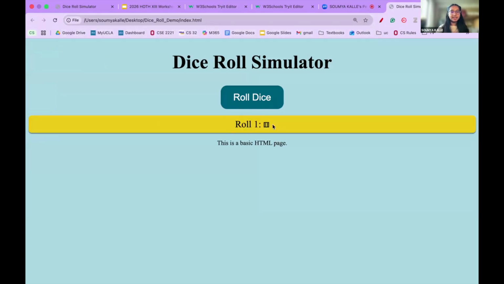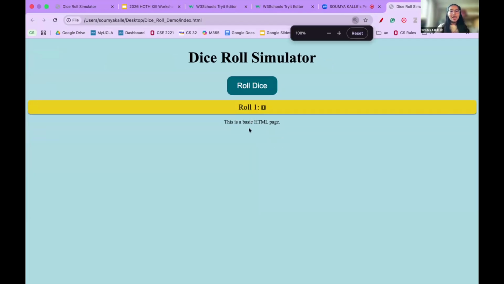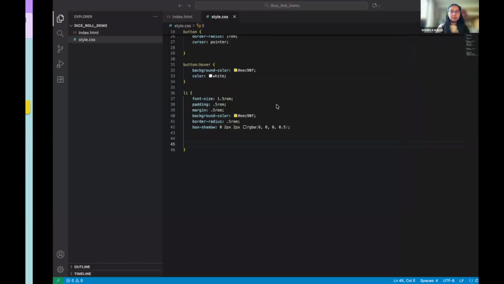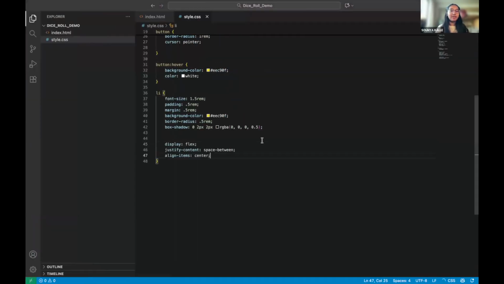And boom. See, it's quite large, the history. Let's go to, okay, yeah, there you go. It's just very close. We want it on the side here, so we're going to fix that by saying display flex